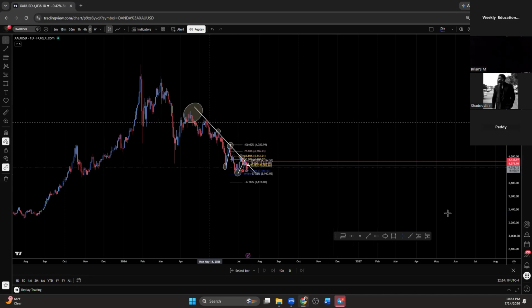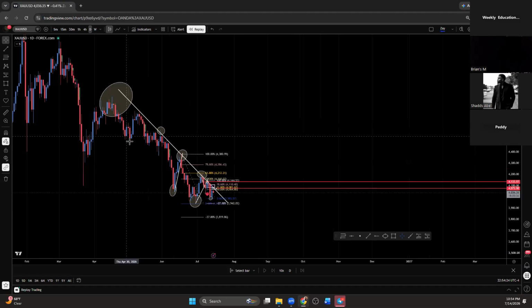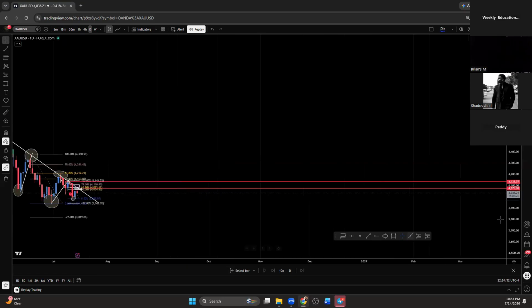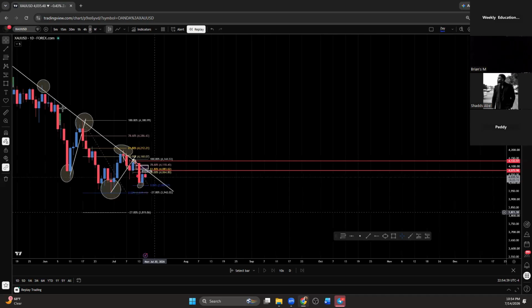So based off of that, I have the daily structure here. I have this daily high, this daily low, this daily high, this daily low, this daily high, this daily low, this daily high. And you know what I'm saying? And we have this little higher low. In this case, that's kind of where it's sitting at. But that doesn't mean that market is not going to give us an equal low or a new daily low because we are trending downward.